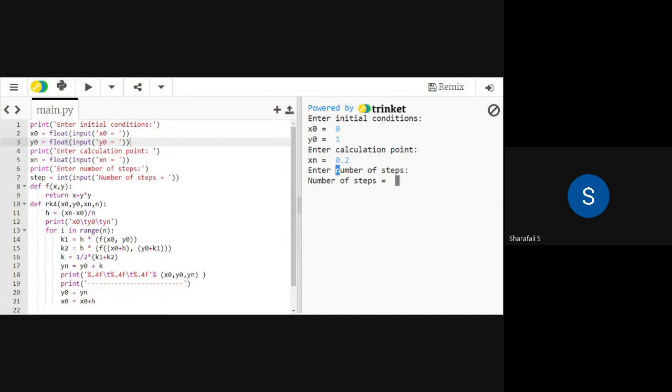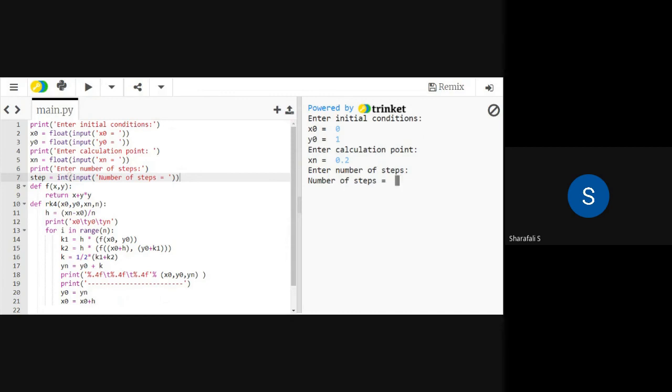You can provide the number of steps here, or you can change the program in such a way that you can directly put the h value. That is also possible. You don't have to calculate the h here; you can directly put h. Both ways you can do that. So the number of steps will be,